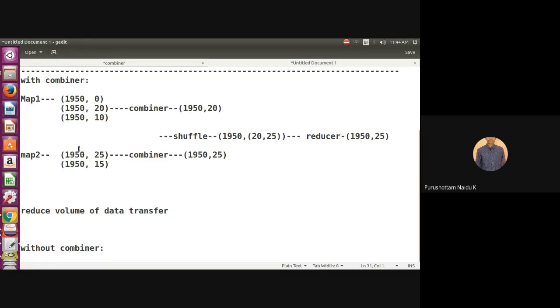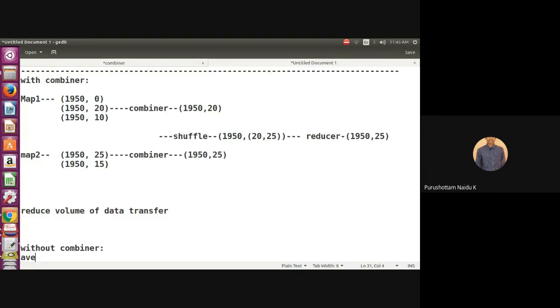I want to calculate the average temperature in 1950. Without combiner, how much average temperature do we get? 0 plus 20 is 20, plus 30, that is 30. 30 plus 25 plus 15, that is 40. 30 plus 40 is 70. 70 by the number of records, 5.